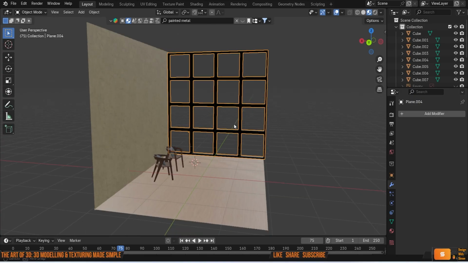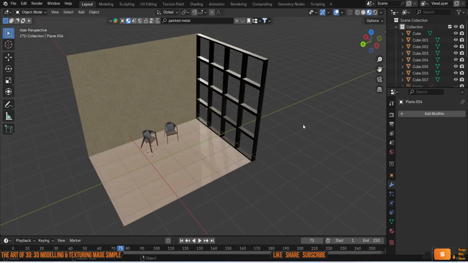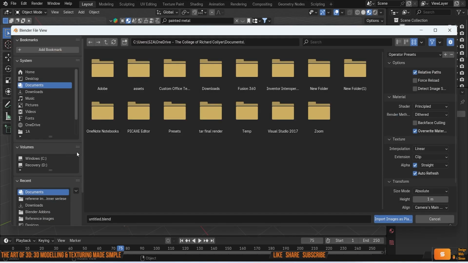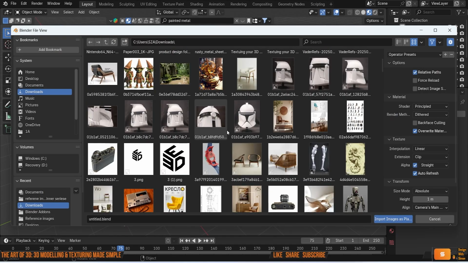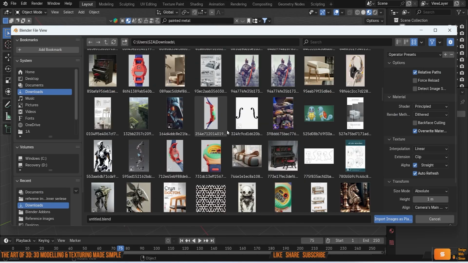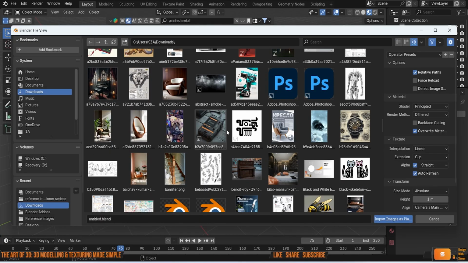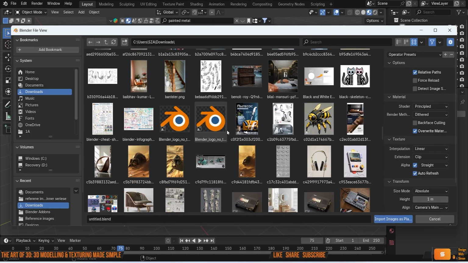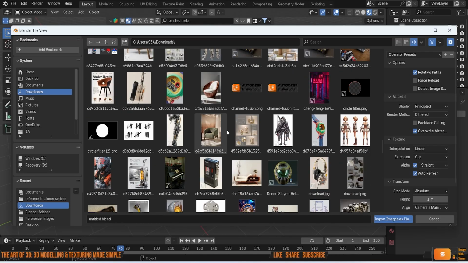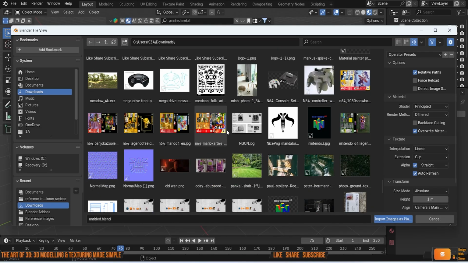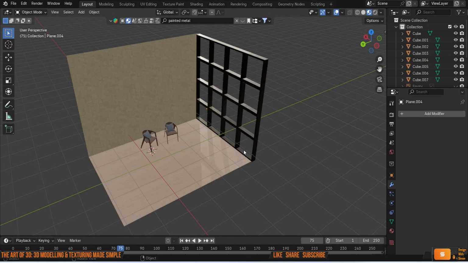Now we want to have something that looks like it's looking out a window. So what you can do is add an image as a mesh plane, and then you can get an image of like a garden or something. So I've got a few that I tend to go with. For that, I tend to use a website called Unsplash, which is free. Well, there are paid versions of images you can get on there, but I use the free version. You get some really good quality images you can use. So if I take something like this,